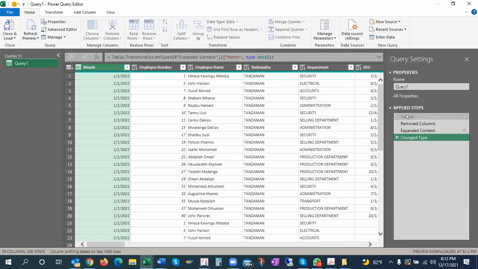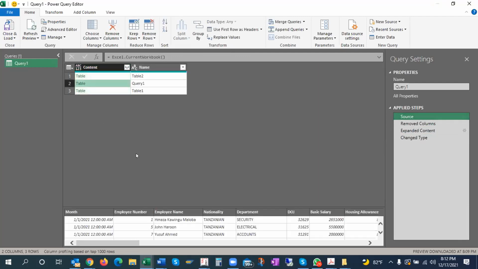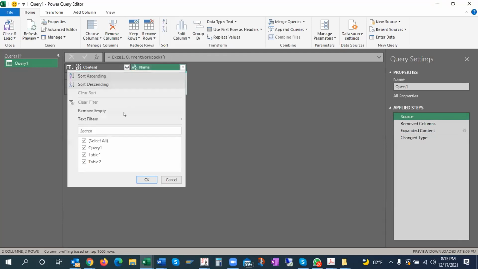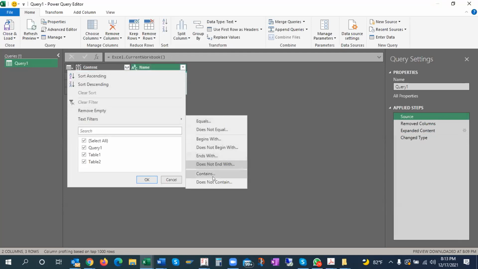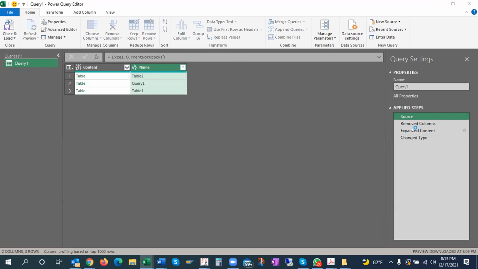When I went to source first step, I never wanted this, because this is the data now. It is increasing exponentially. So what I did is I said, I don't want any text filter which does not contain. It is asking, do you want to add step? So the step will be added here.